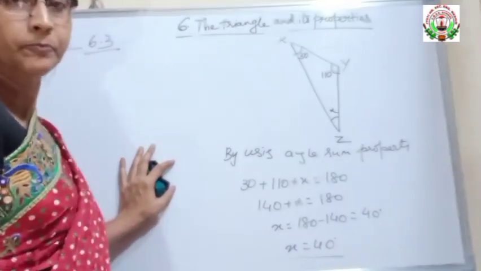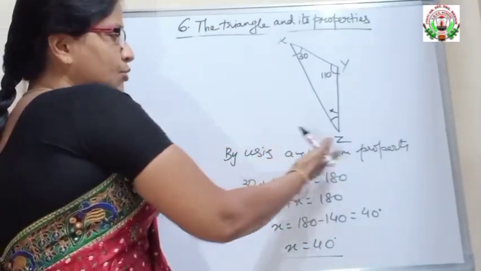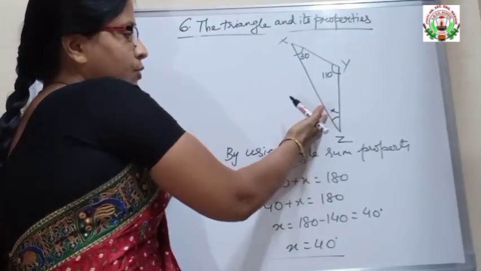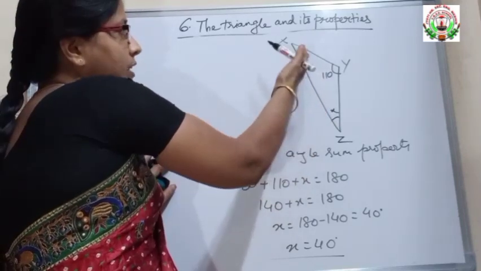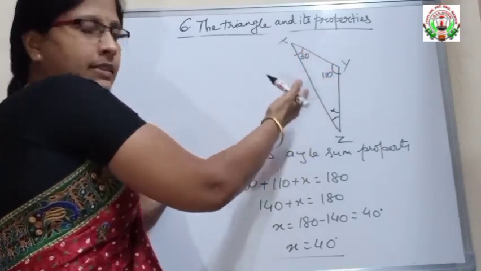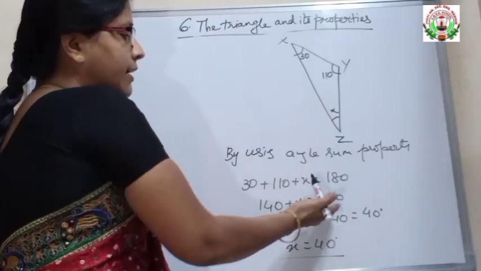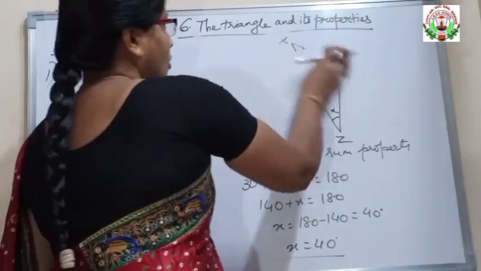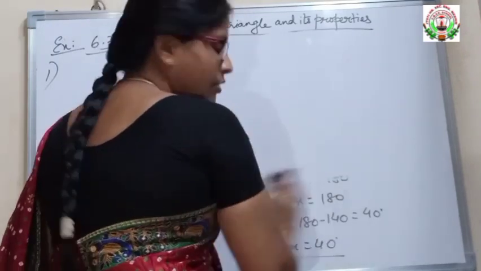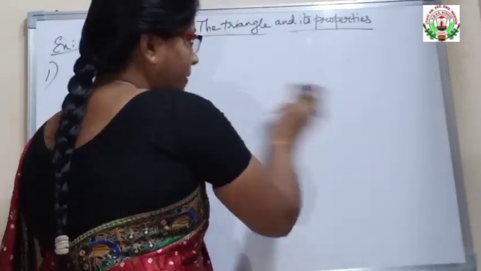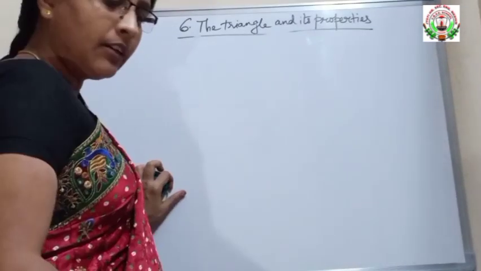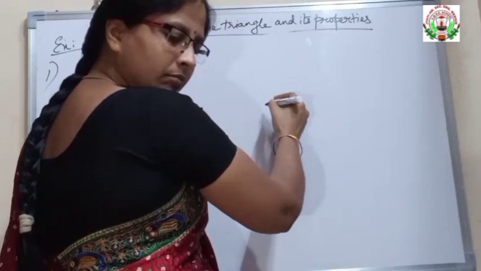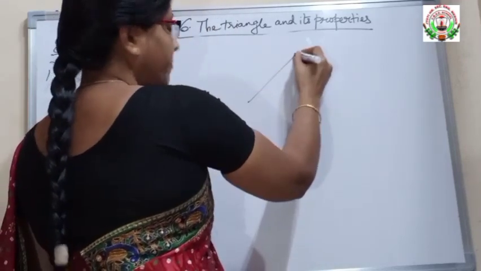This is your solution. We just have to use angle sum property to solve the problem. Means to find the unknown angle, we just have to add these two angles and subtract it from 180 degrees. We are going to get the unknown angle. One more question. In this question also 6 figures are given. I am doing 3. The other 3 you try to solve. See the 5th part. Let me do the 4th part first.